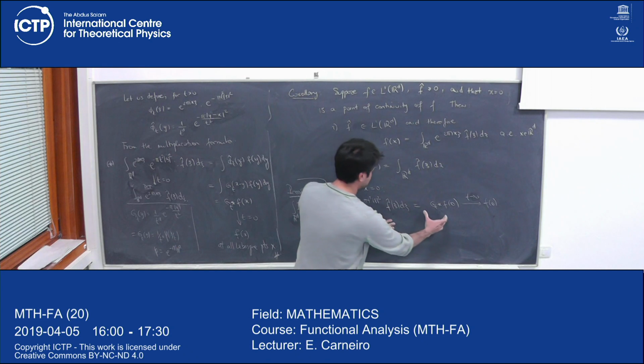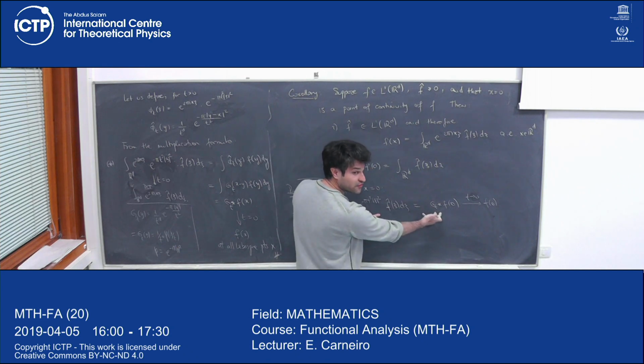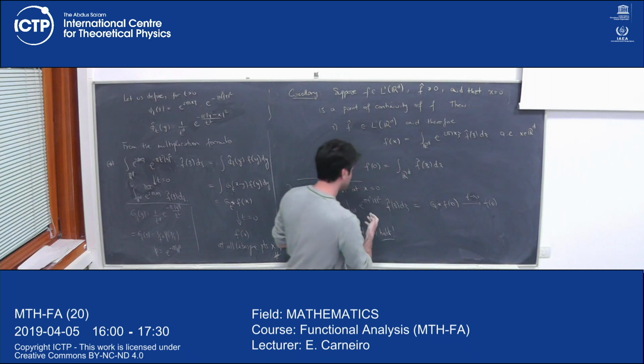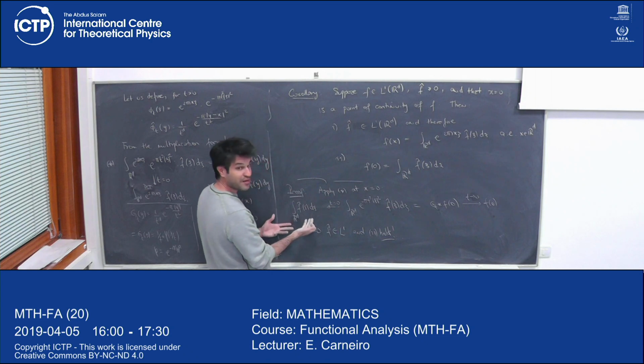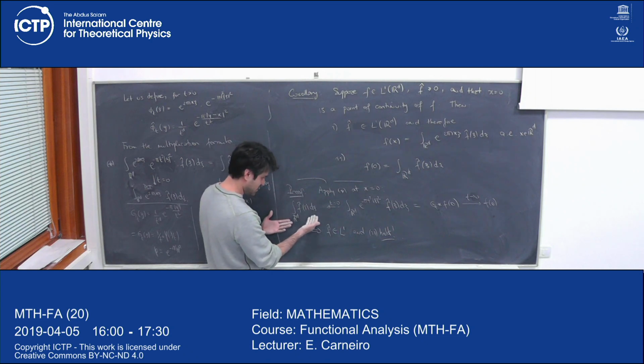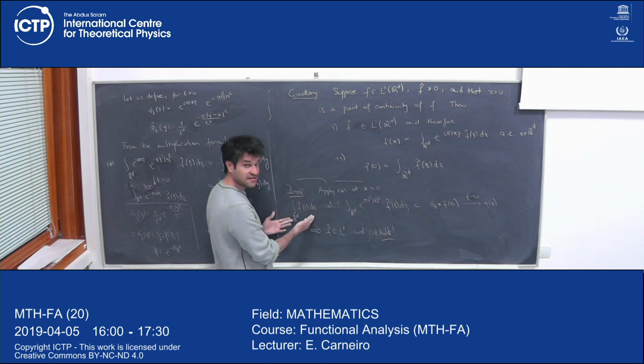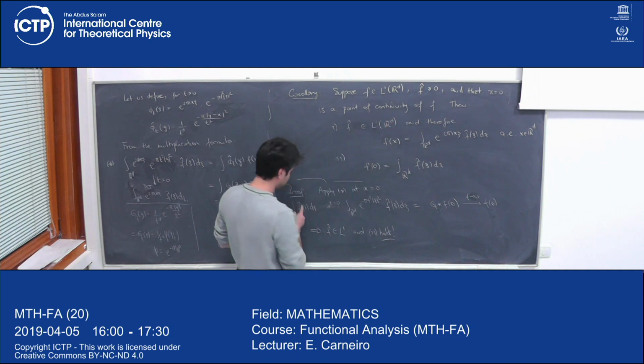This is an identity. For any t, I have this is equal to this. When t goes to 0, this side goes to this number. Do we agree? Yes. When t goes to 0, this side goes to this number. So this number is equal to this number. In particular, this number is finite. Since f hat is positive, this number is just the